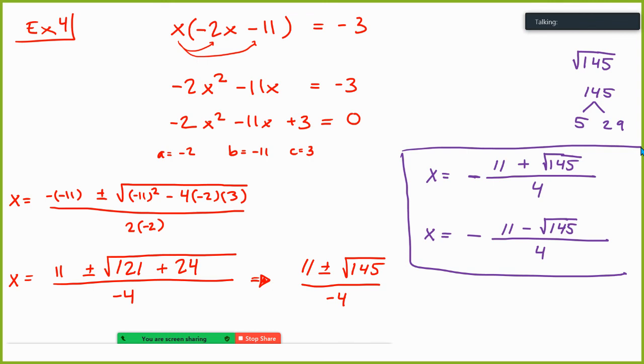Josiah, I kind of have a question. Yes. Why is the 5 and 29 not being used? Because, I'm going to move away from the screen. Because